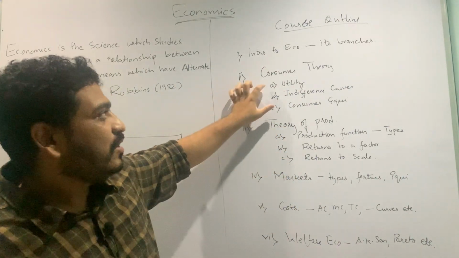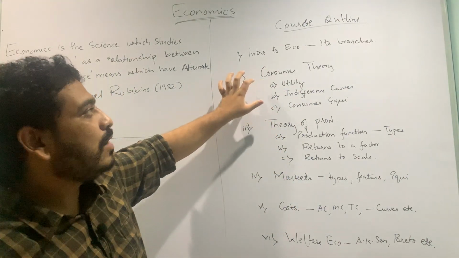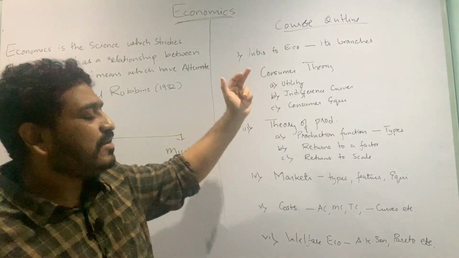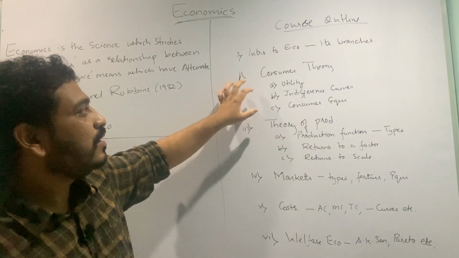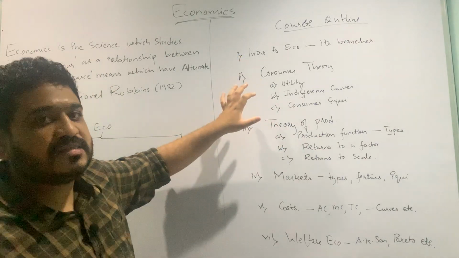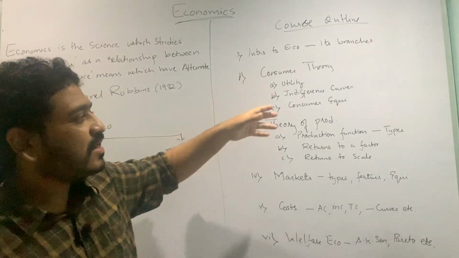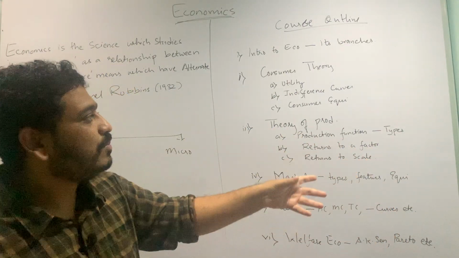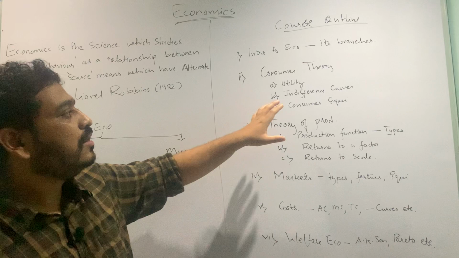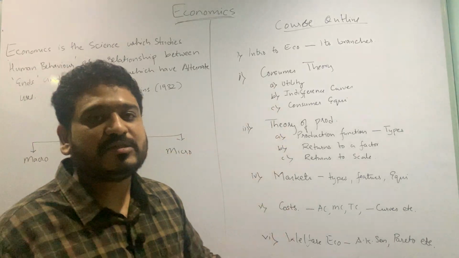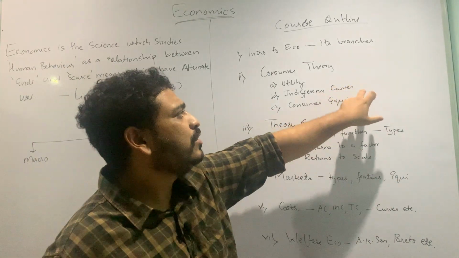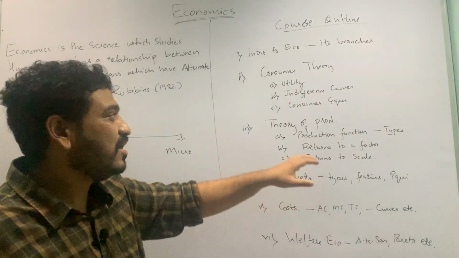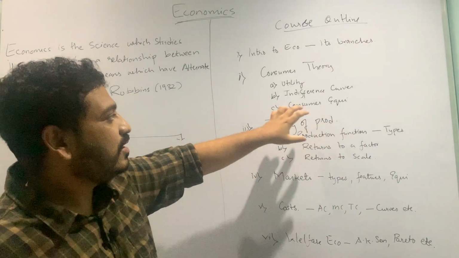In that you have something called utility or satisfaction, how it is measured, and what the different approaches to measuring utility are. Then we have something called the indifference curve analysis. In this we'll look at what indifference curves are and what the properties of indifference curves are. Then we'll move towards something called consumer's equilibrium. Also, when we talk about indifference curves, I will introduce you to budget constraints or the budget line, which is very popular in textbooks.